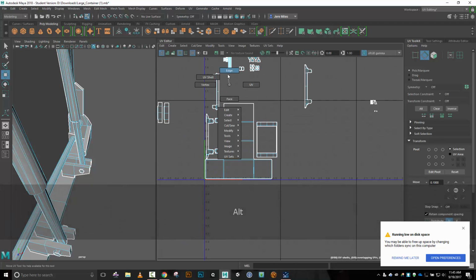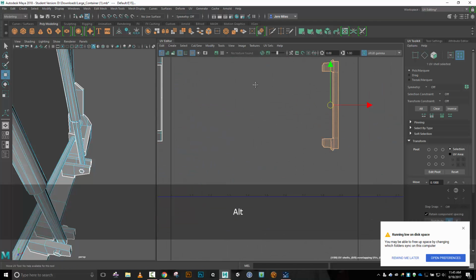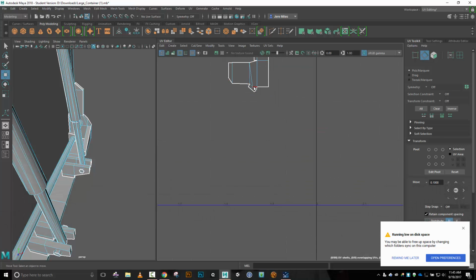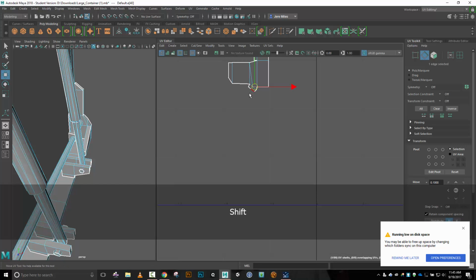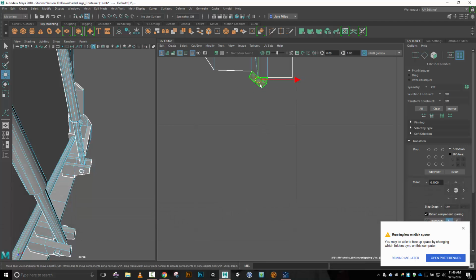So let's see, that's you. Yes? No? UV shell? Yes? There we go. Pull you over to here. Get down into here. So I want to do that and that. Come on. And that. Shift X. There we go. UV shell. Move you out of the way. Edge. You. And then this should wrap that up so that all we need to do at that point is